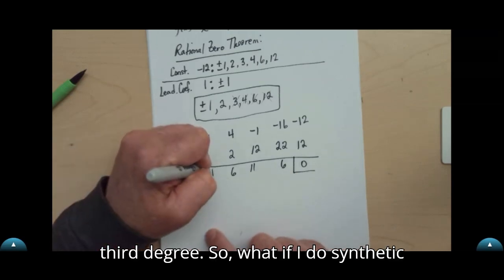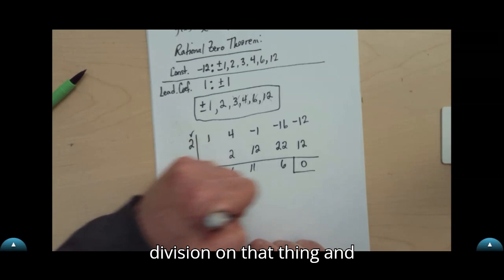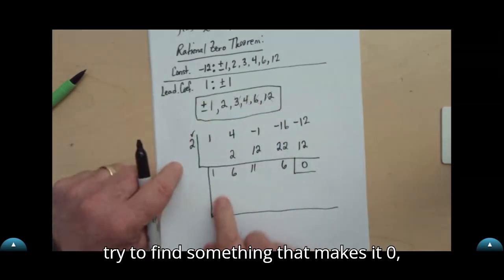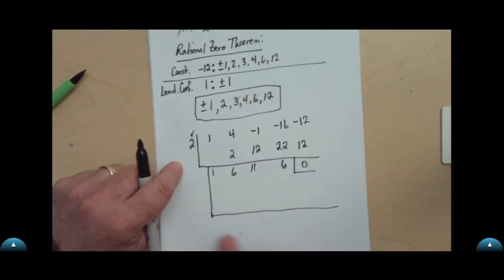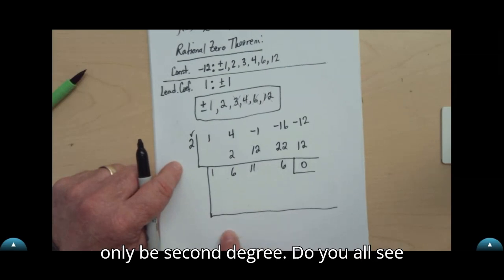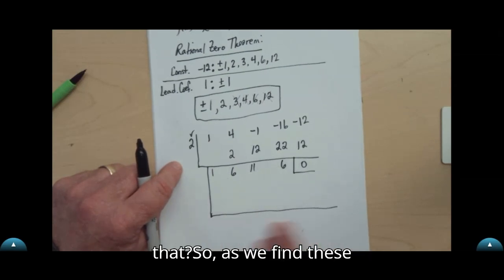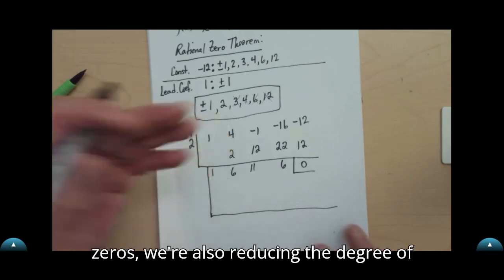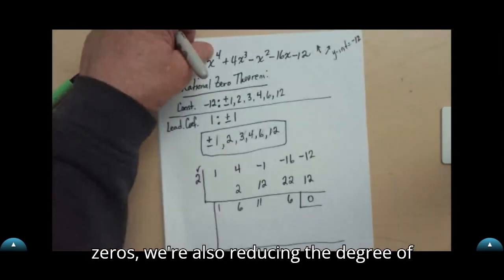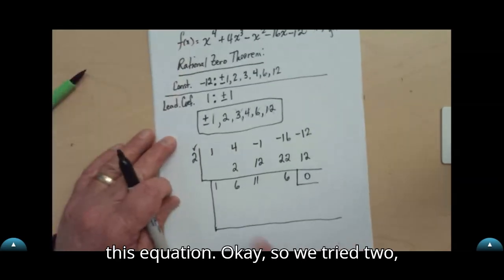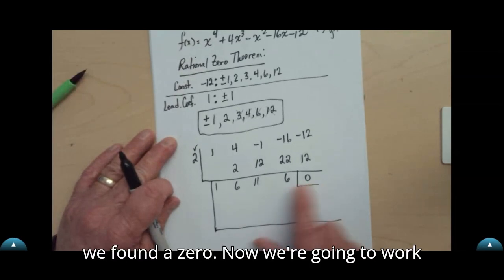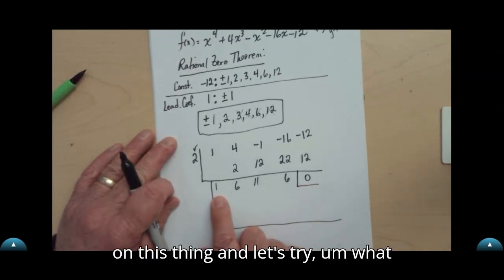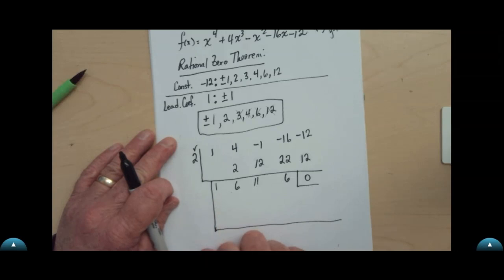So what if I do synthetic division on that thing and try to find something that makes it 0? Then the thing I'll have down here will only be 2nd degree. Do y'all see that? So as we find these zeros, we're also reducing the degree of this equation. Okay, so we tried 2. We found a 0. Now we're going to work on this thing, and let's try,